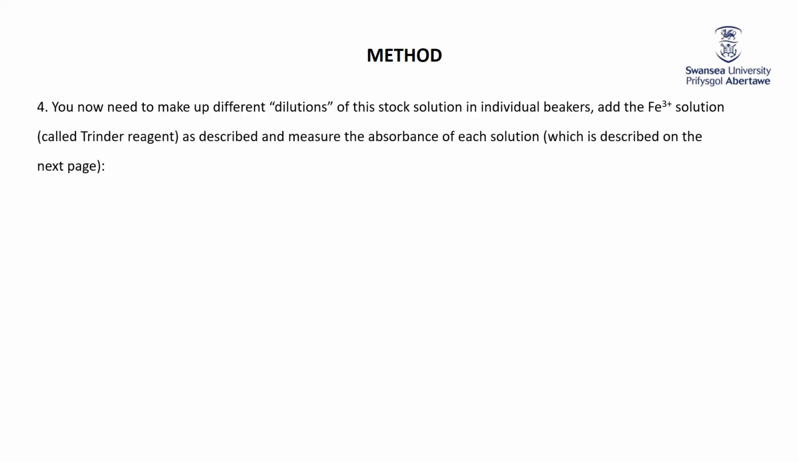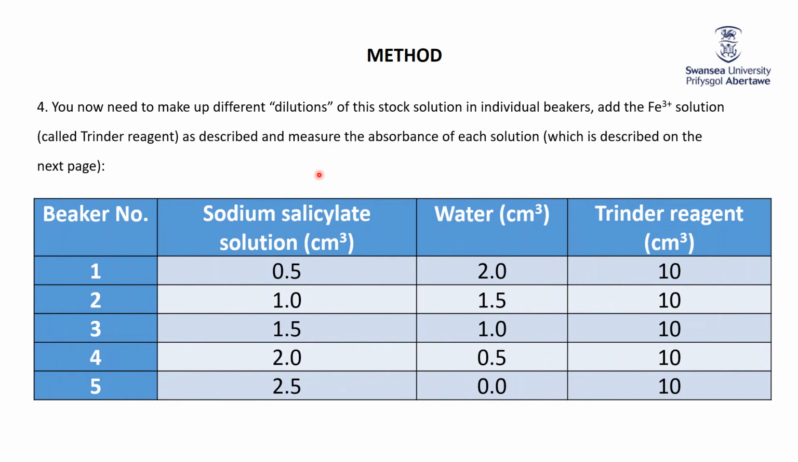So now what I'm going to do is dilute that sodium salicylate and add the Fe3+ solution, otherwise known as Trinder reagent. It's an Fe3+ compound mixed with concentrated HCl, and I'm going to measure the absorbance of each of these solutions. Okay, so the solutions I'm going to make are this: 0.5, 1, 1.5, 2, 2.5, so different amounts of the sodium